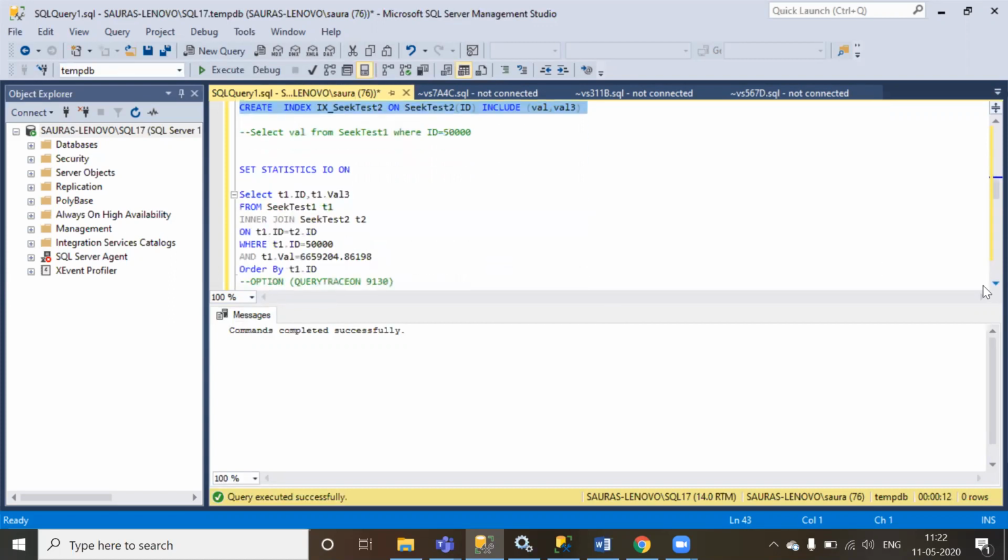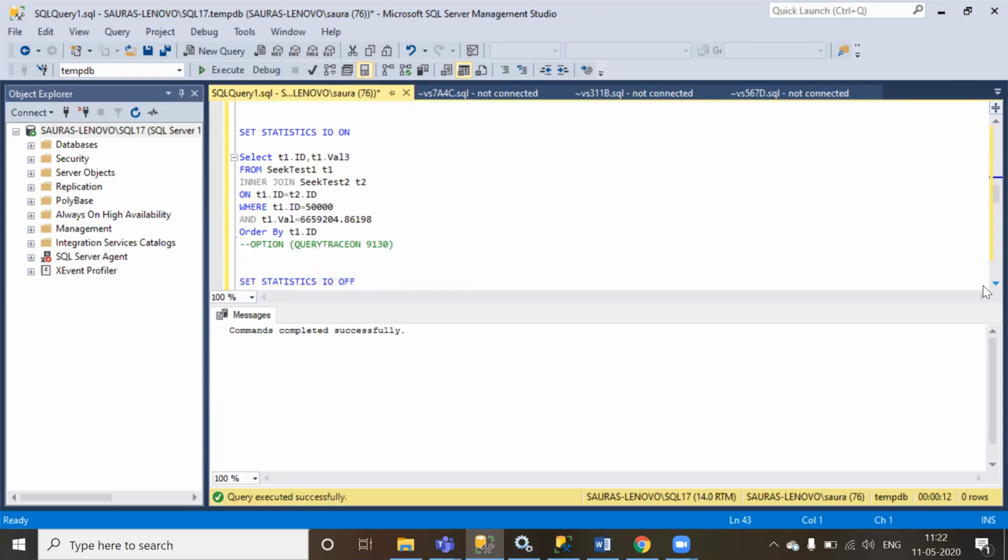Now I'm going to execute this small select statement, and before executing it, I'm going to enable STATISTICS IO on. Once this select statement executes, we'll look at the execution plan, so I'm also going to enable the actual execution plan here. Now as it is enabled, let me go ahead and execute the query.